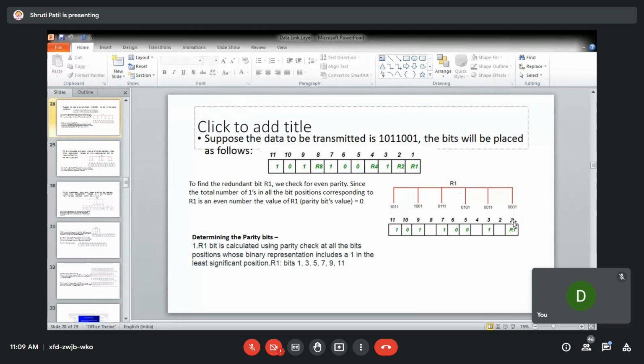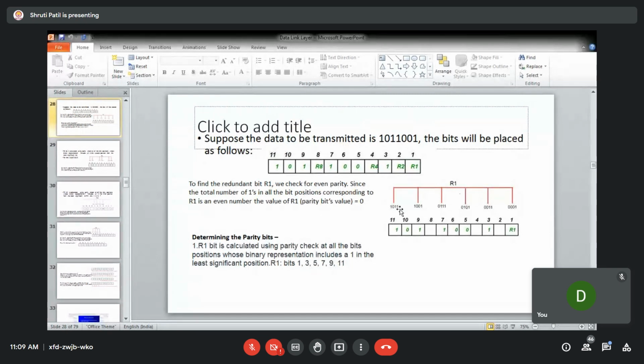So when you take positions 1 to 11 in binary, 1 is 0001, 3 is 0011, 5 is 0101, and so on. So 7, 9, and 11. And if you see 10, 8, 6, 4, 2, they all are ending with 0. So you will be considering all these positions.